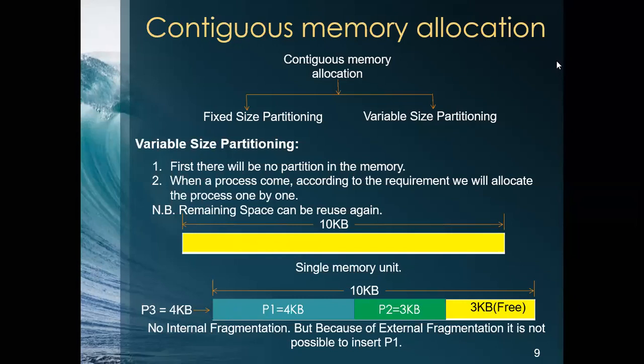Okay. Now the idea is very simple. We start with a fixed amount of memory. In the fixed size partitioning, we divide the memory, we use walls between the memory as we want. In the variable size partitioning, we don't have any partitions. What we do, every process comes, we allocate the processes as they need. So this is the idea between these two types of partitioning, and there is no internal fragmentation going on. There's no wastage of memory. If I think about a classroom, every time I'm taking a class, I see how many students are present. So if I have 25 students, I only bring 25 seats, and so on.